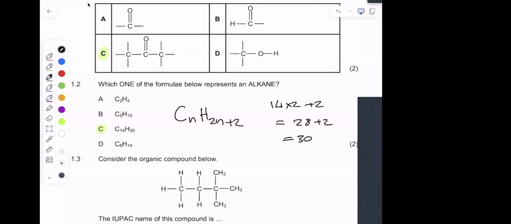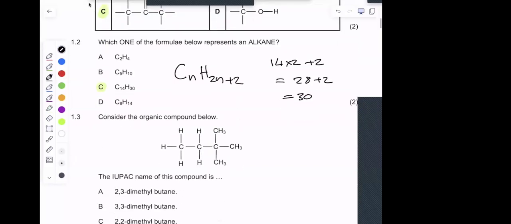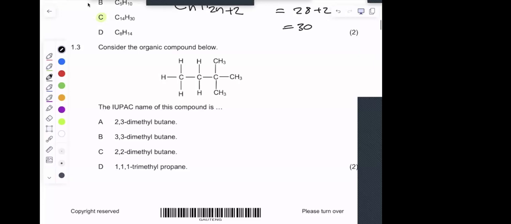C, if you got C as the correct answer, give yourselves a round of applause. If not, don't panic. You've got a couple more questions to redeem yourselves, right? Awesome. Okay, let's look at 1.3 together quickly. 1.3 says, consider the organic compound below, and they give us the structural formula. The IUPAC name of this compound is, and they give us 4 options: 2,3-dimethylbutane,